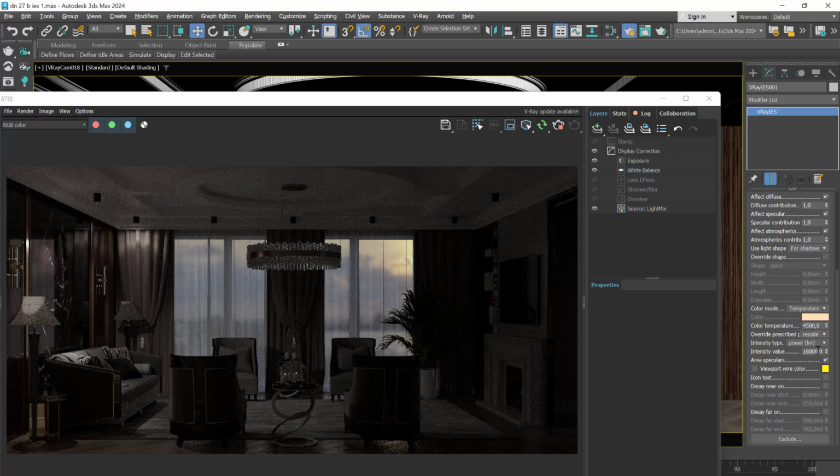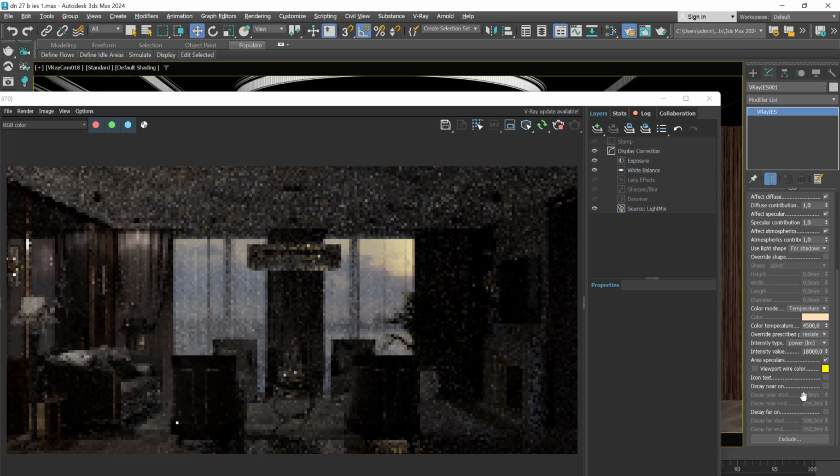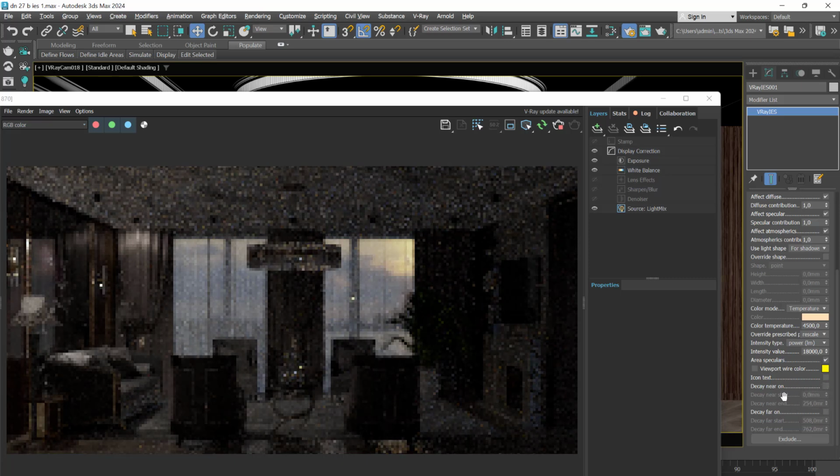We also got the exclude, same as for V-Ray Light, and we also got the decay, but we will not use that. We will use the physical appearance, the physically correct appearance of our lights. This is actually the main reason why these IES lights are used, for their light effects and for their